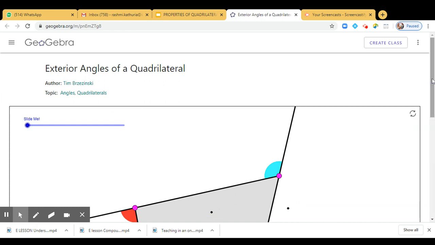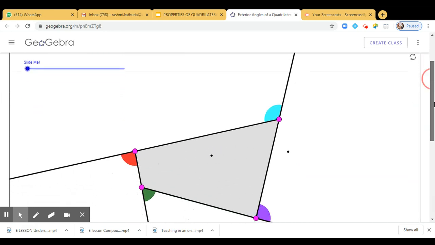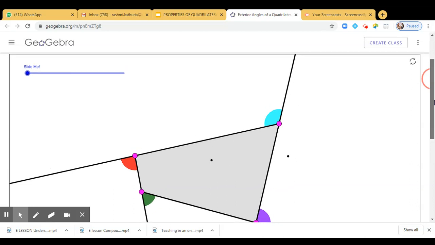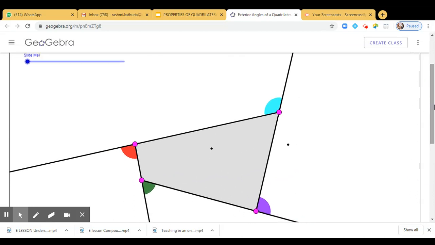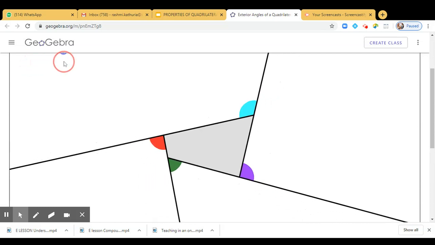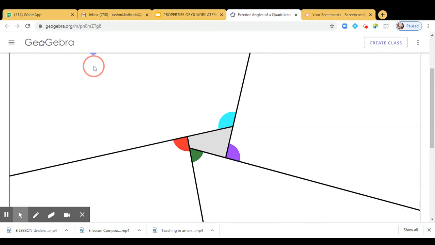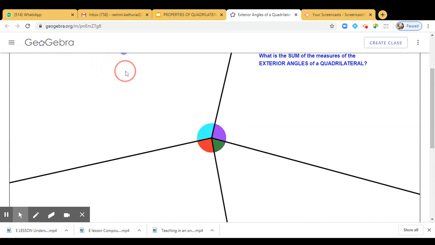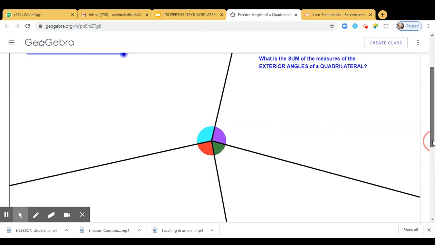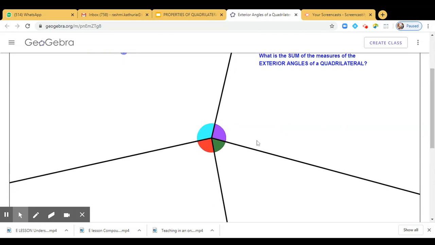We normally tell children that the sum of the exterior angles of a quadrilateral is 360 degrees. Why? There is no need to tell it to them. Actually, if we create such kinds of visualization in the classroom, followed by a creative discussion, then students can think and let us know what the sum of the exterior angles in a quadrilateral is. Now see, a lot of observation has to happen here.